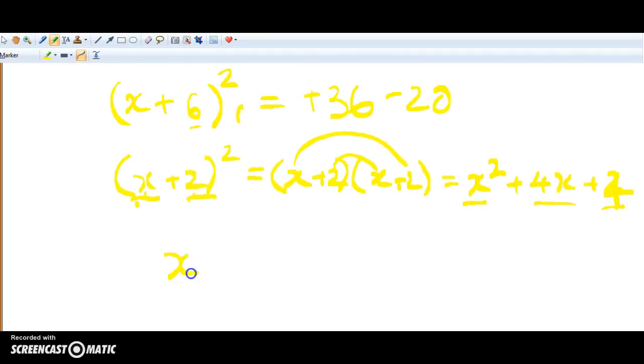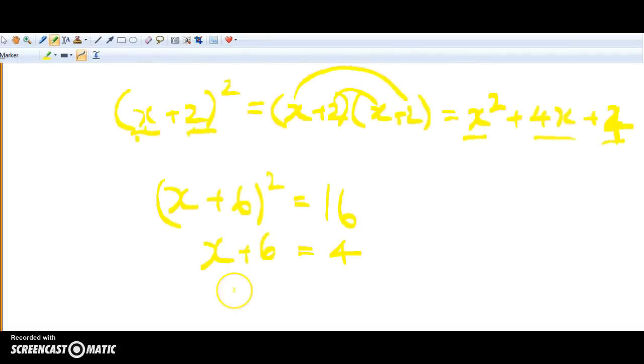So, solving now, x plus 6 squared must give 16. 36 minus 20 is 16. And then if I take the square root of both sides, I get 4. And then my last step is to subtract 6 from both sides. By the way, when you take the square root of a number, you get plus or minus, don't you? You could get minus 4 times minus 4 gives you 16. So plus or minus, so one answer comes from plus 4 minus 6, and the other answer comes from